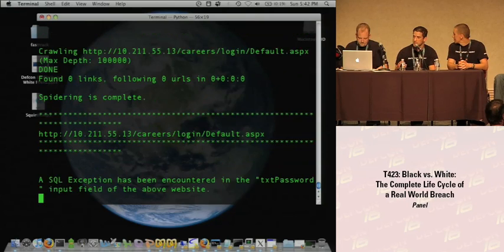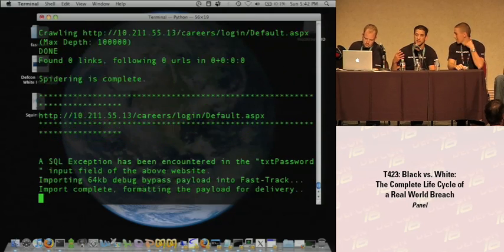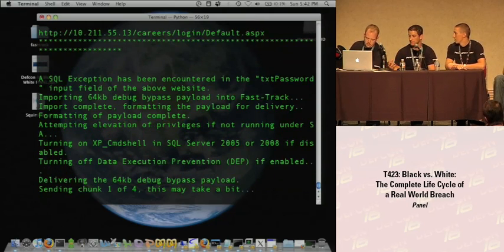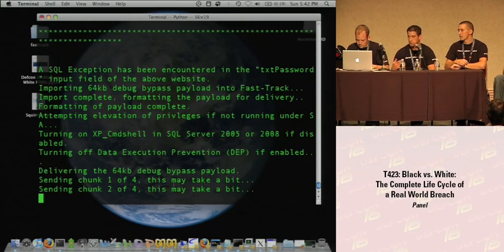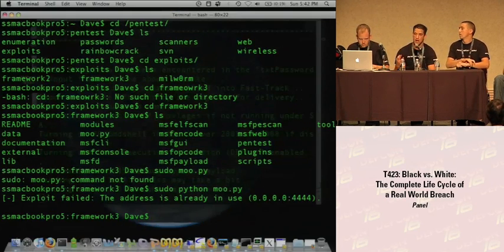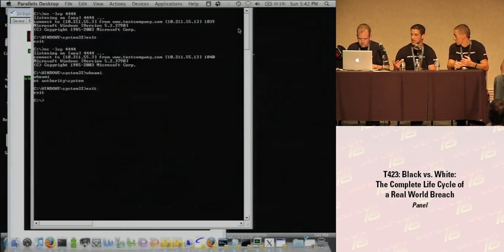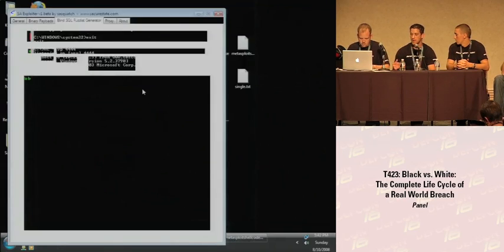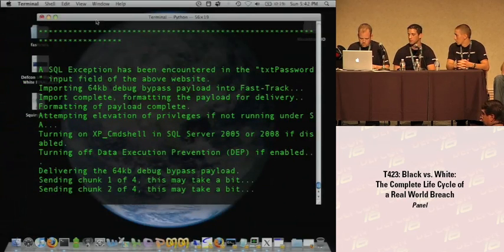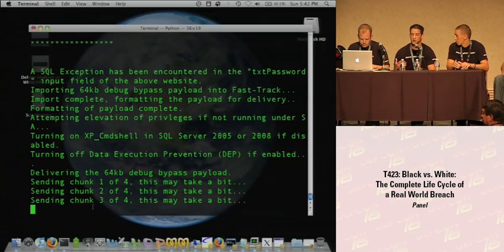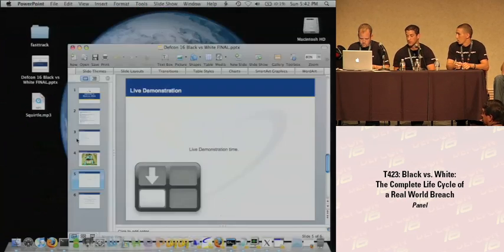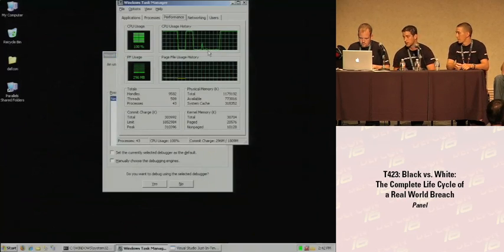So right now, what's happened basically is it found the URL that has SQL injection on it. It's delivering our Windows debug bypass payload. Once it gets on the server, it's going to compile it, and then we can actually pretty much deliver any payload that you guys want. Right now, we actually have 3 custom ones inside this module. We have the VNC inject, Metasploit interpreter, and then our customized reverse shell. But again, it's totally customizable. You can put any payload in there you want. It may take some time, but